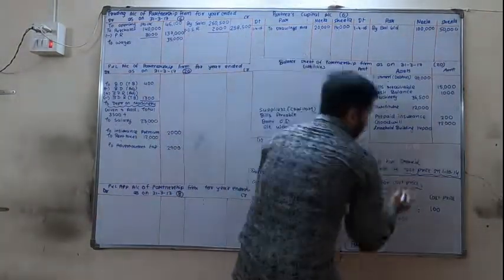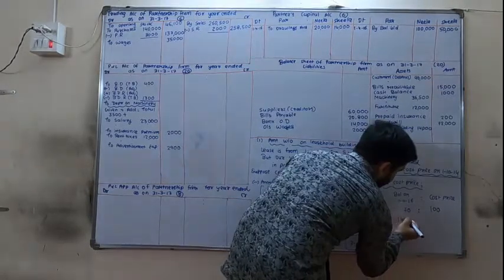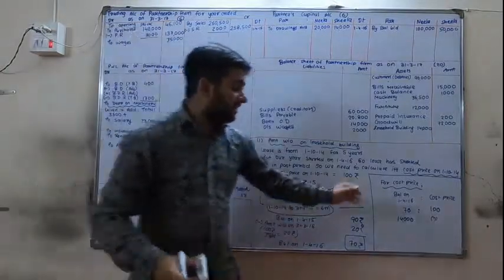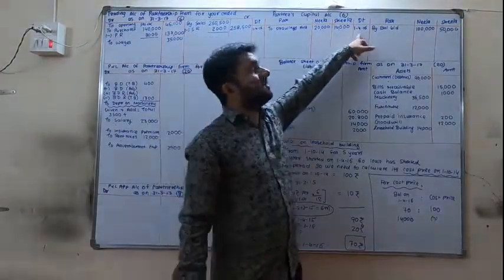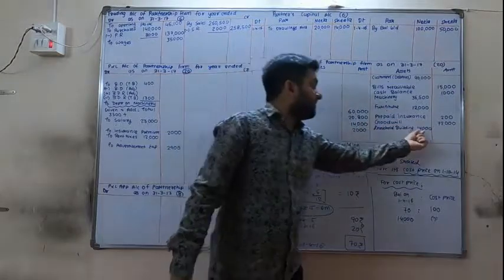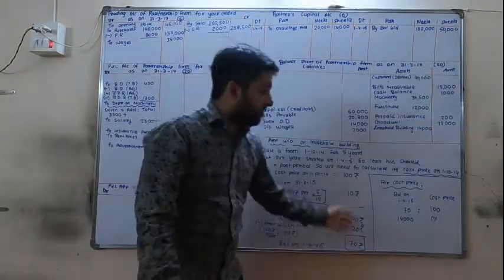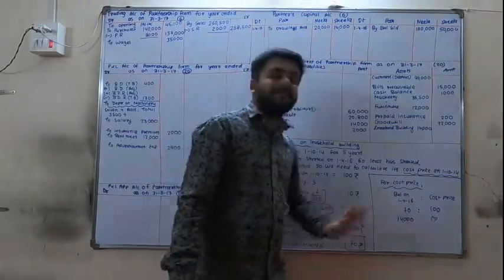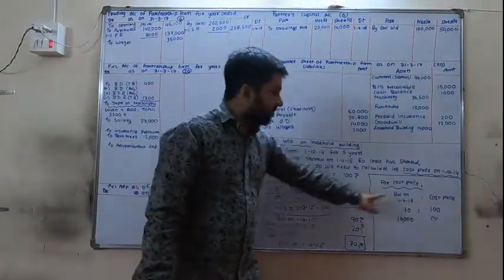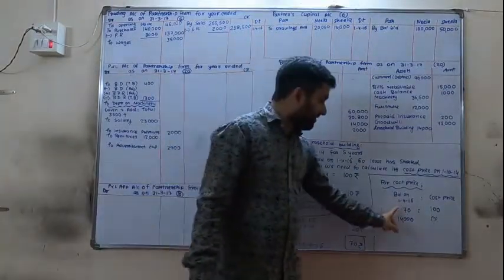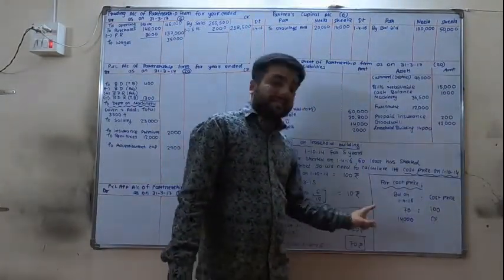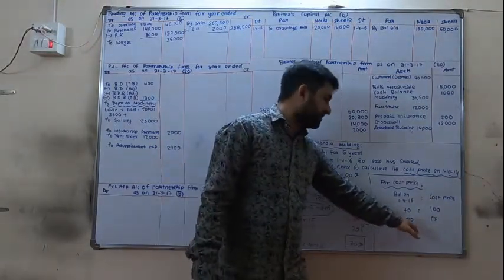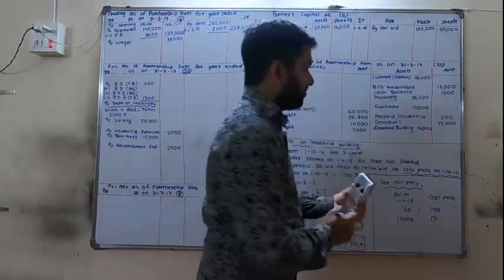Now, whenever we have a balance on 1/4/16 of 14,000, then what should be the cost price? Why have I taken 14,000? Because in this sum, this year is starting from 1/4/16, and here we have leasehold building 14,000. So for 14,000, what should be the cost? This calculation was only for this 70 rupees, because 70 rupees is the 1/4/16 balance when we had cost price 100.